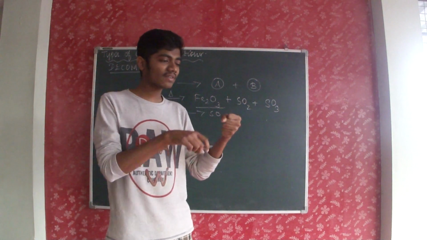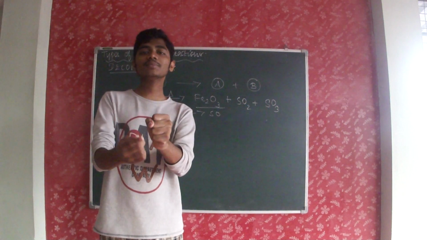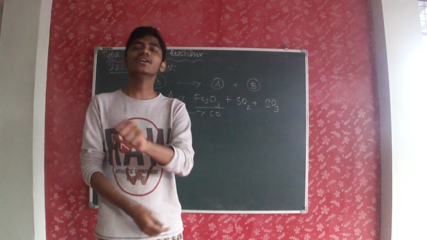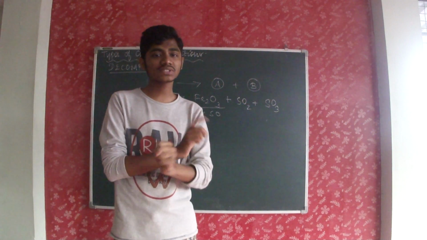But you must be very careful when you are heating this iron sulfate. When you are heating it on a Bunsen burner, you must not have it pointed straight at your face. Also you must not have it straight at your neighbor's face. Have some courtesy for you and your neighbor. You have to have it away from both of you. You have to be very careful when you do such things.